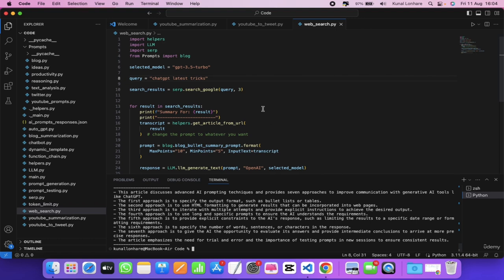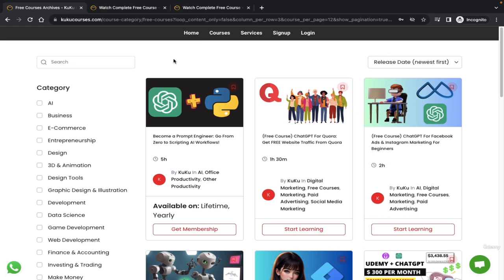Now you might be wondering, I understand the power of Python and ChatGPT integration, but I don't know how to use Python. I have never used Python. The solution is very simple. You can just go to our same website.